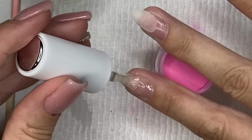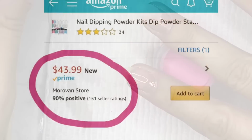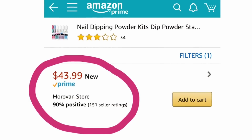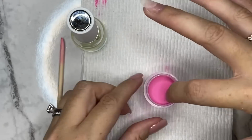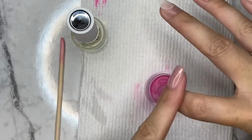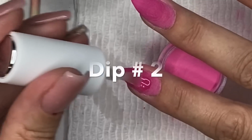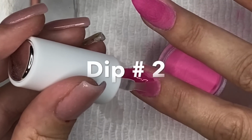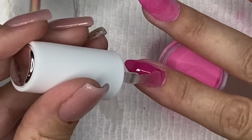However, 3 weeks later, when I did this voiceover and you saw my Instagram post, this is the price of it now. $43.99, which is almost a 50% price increase in just 3 weeks. And my only thought is, they're taking advantage of this quarantine and hiking up their prices. And